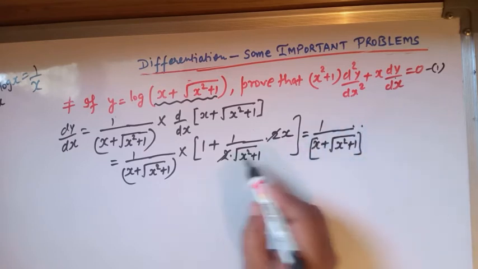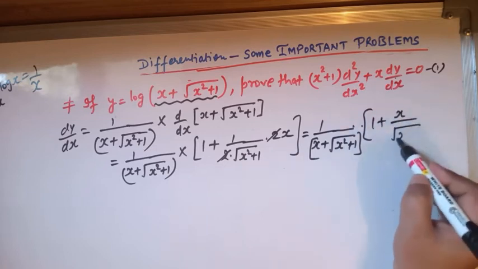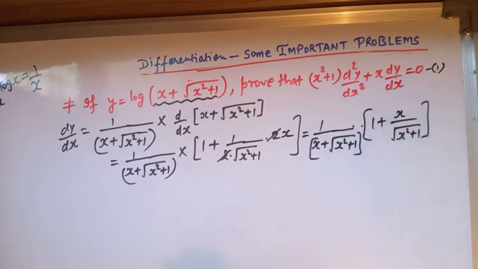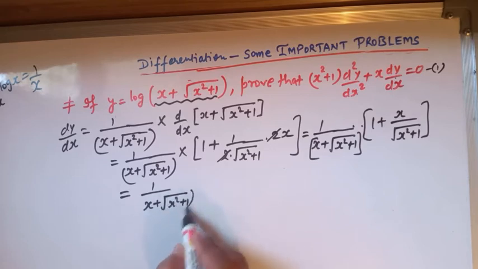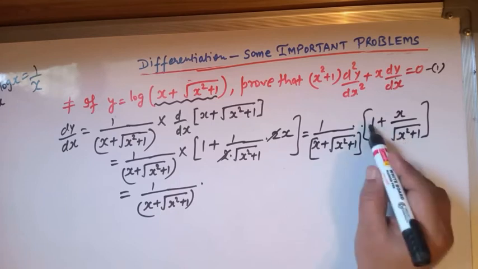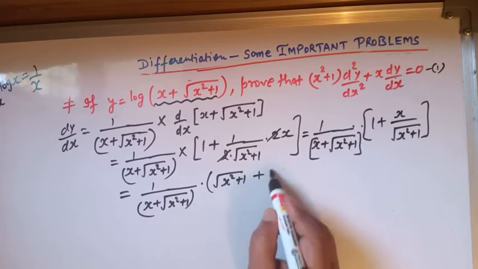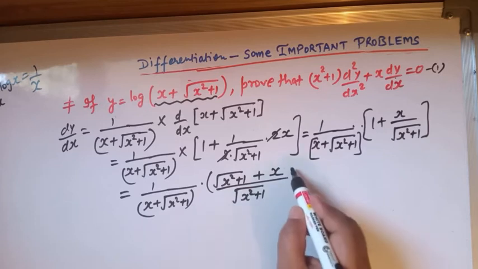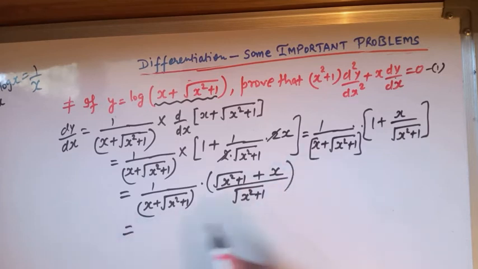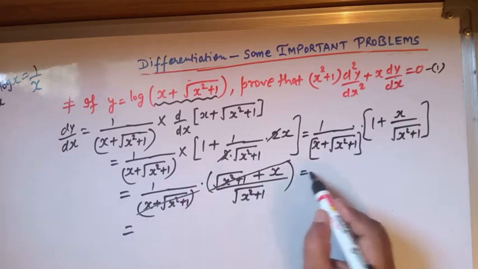Here we have 1 plus x over square root of x square plus 1. Clear? So here we have 1 over x plus square root of x square plus 1, multiplied, we take the LCM, so we have x square plus 1 plus x divided by square root of x square plus 1. Clear? So here we see that this term and this term will get cancelled, so we are left with 1